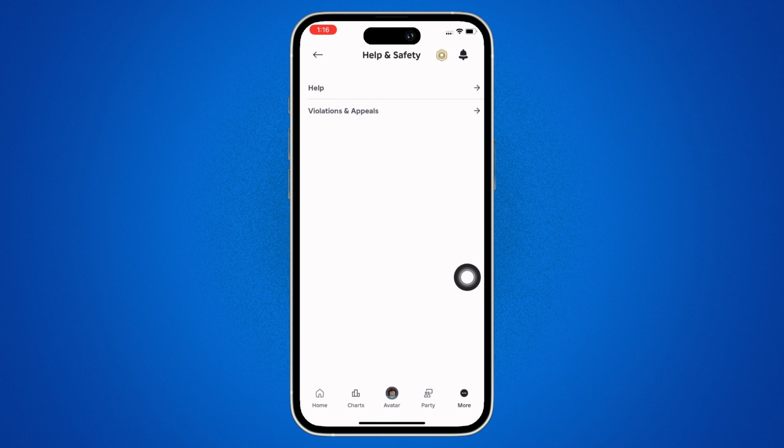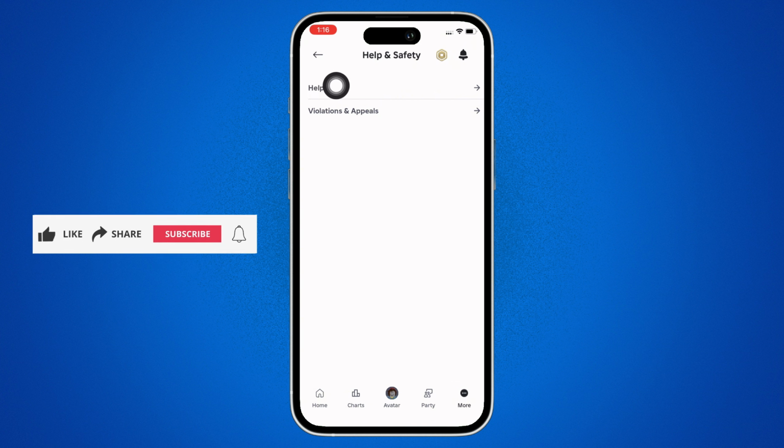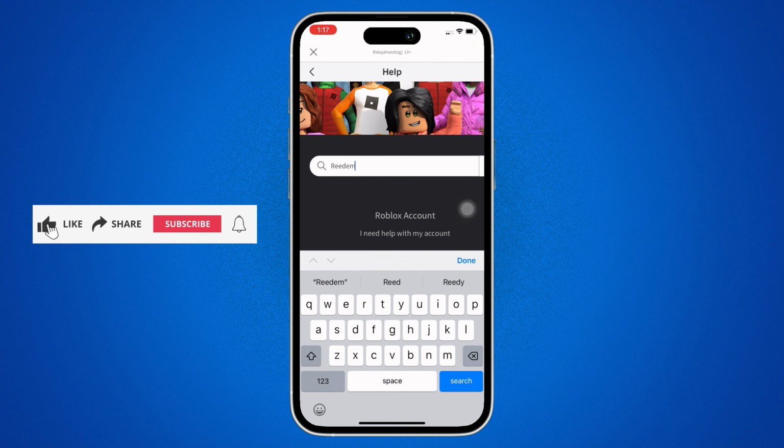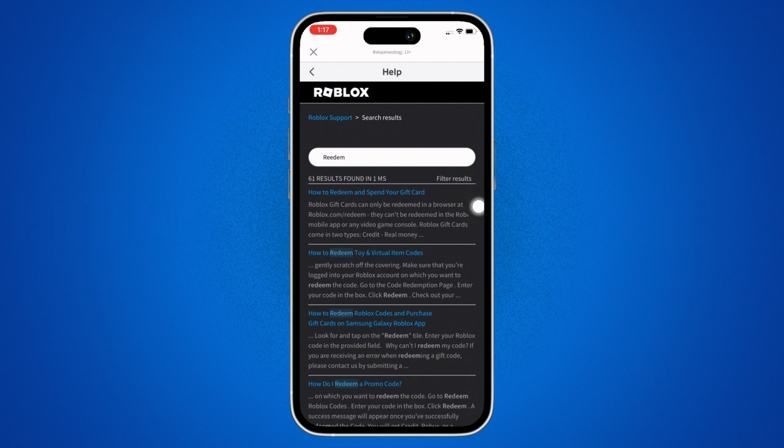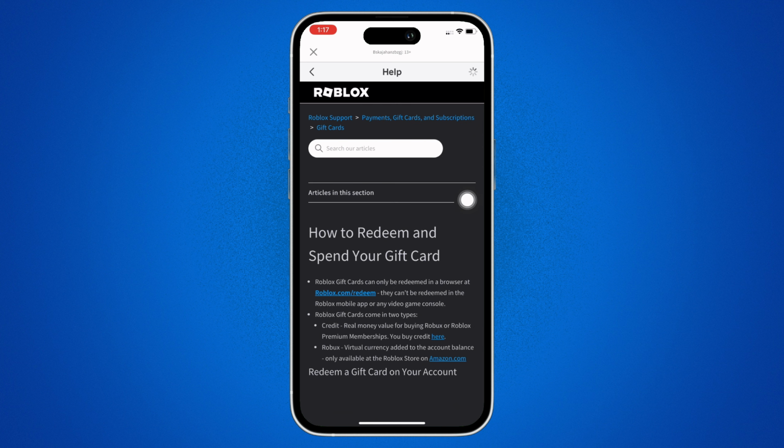Further, tap on the Help option again and now in the search bar, search for Redeem. Now tap on Done and then tap on the very first link you see there, that is, how to redeem and spend your gift card option. You will then see the link there, so go ahead and tap on the